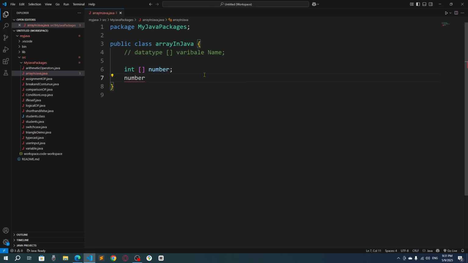So how to create array? We just have to mention the variable here. So here we just have declared it, right? Only declaration, declare a variable array. Okay, here I will say number is equal to new int,